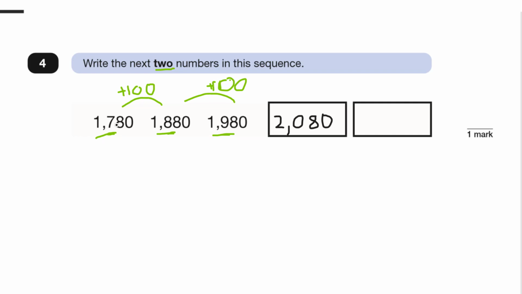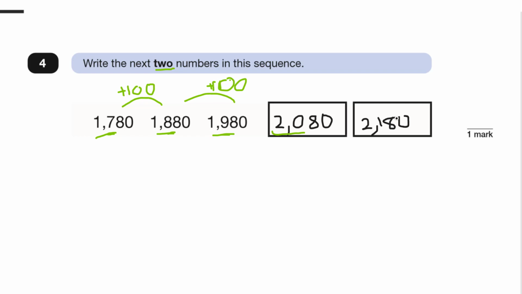But I think about how many hundreds I've got. I've got 1,700 here, 1,800 here, 1,900 here, 2,000. It's the same as 2,000. So my next one, I'm going to add on 100. If I think about that as 20, or if I think about that as 0, my next one is going to be 21 or 100,